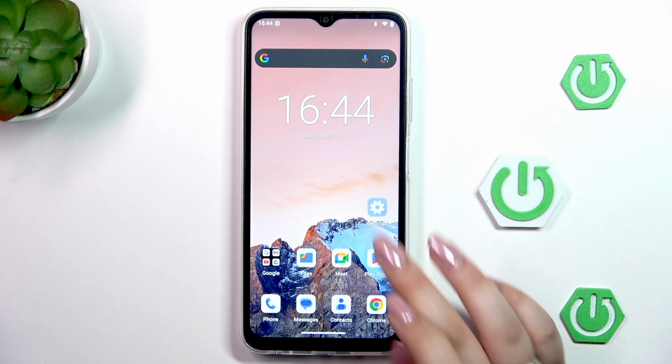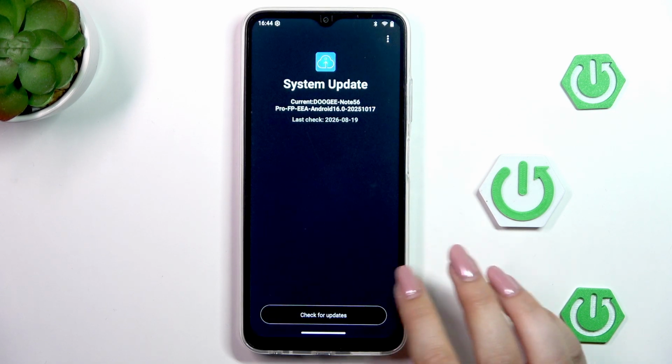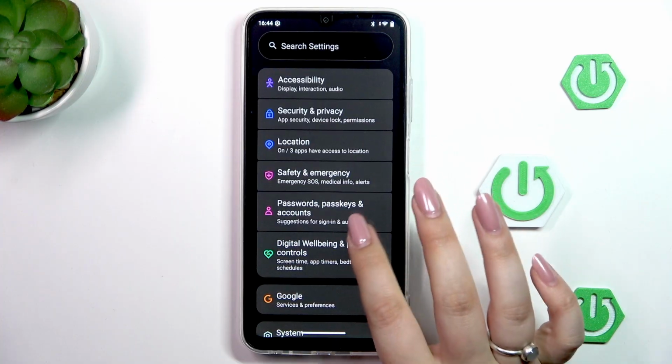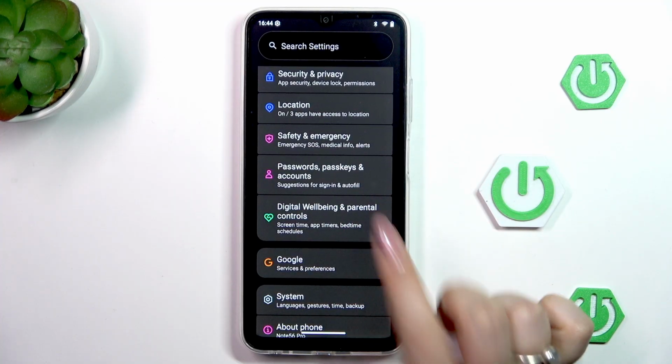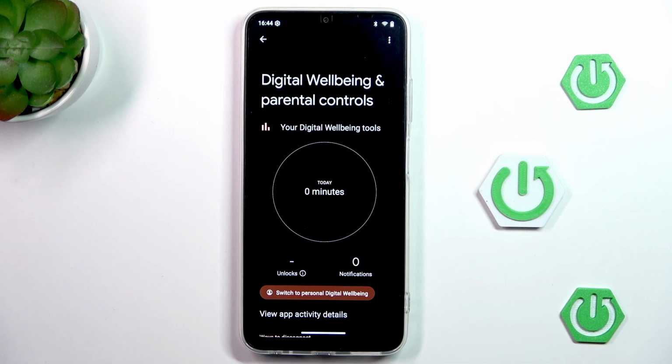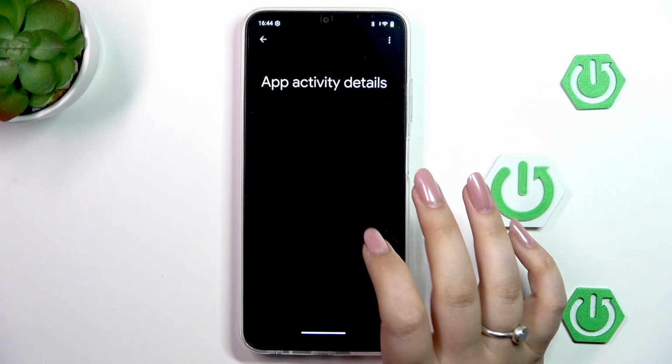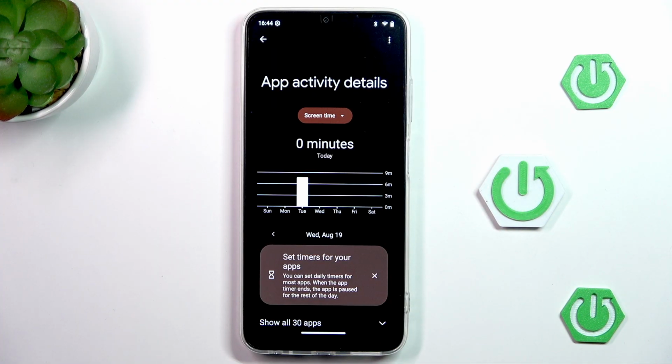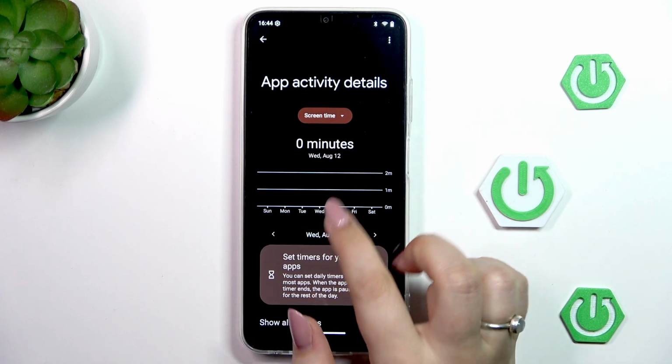So let's begin with opening the settings, and here we need to scroll down and find this option, Digital Wellbeing and Parental Controls. So here we should have the graph that will show us for how long we've been using this device today. You can tap on it and you will be transferred to the dashboard where you can check